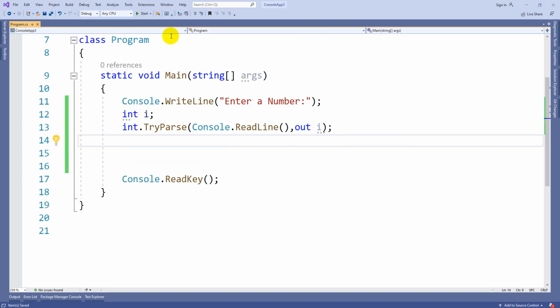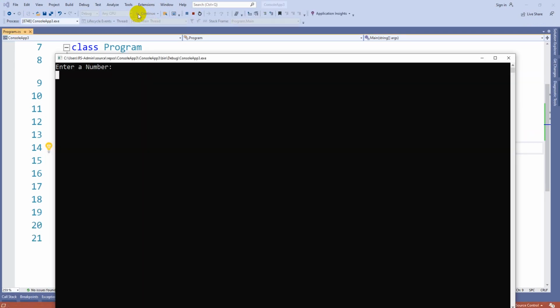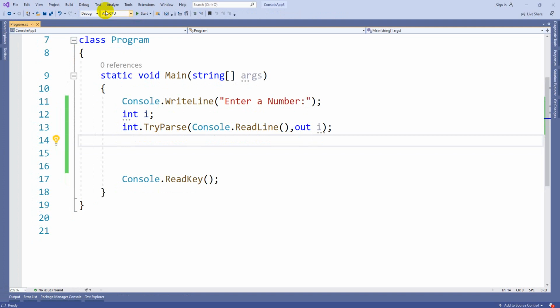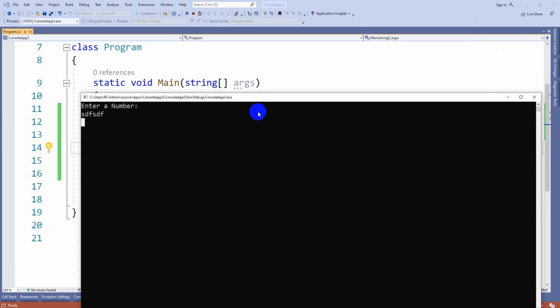Now you can see, if I execute this program, first it is asking the value, I am giving 10, there is no error at all. Suppose I give wrong input, even then you can see there is no error, it is not stopping the program, so it is handling it.